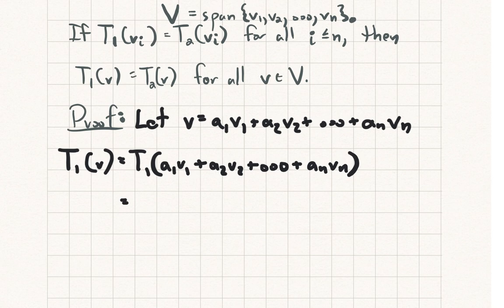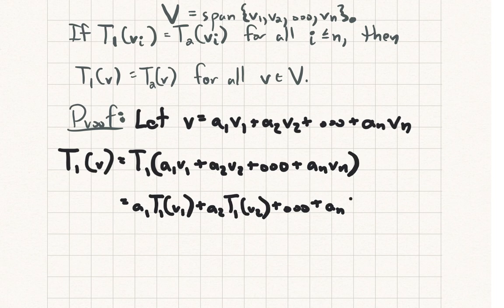And then we can use theorem 6.1 here, and we can separate this linear combination into its component parts. So this is going to be A1 times T1 of V1 plus A2 times T1 of V2, all the way to AN times T1 of